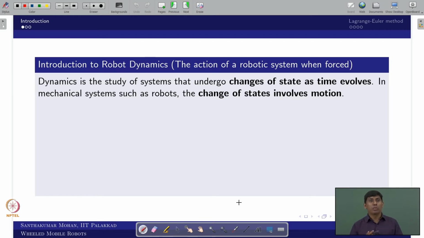But robot dynamics is slightly different, because in physics dynamics already has two classifications: one is kinematics, the other is kinetics. But here, kinetics we are going to call more generally dynamics. Why is it so? Because dynamics means the study of motion with respect to changes in inputs, by incorporating the input. In the sense, we are seeing the motion along with the cause of motion.